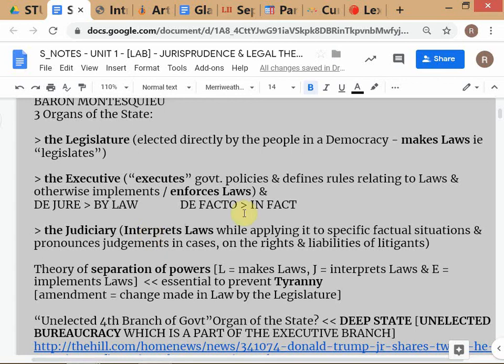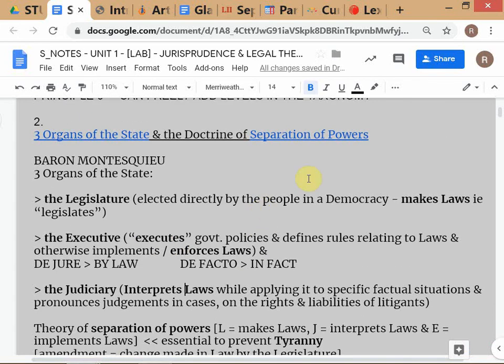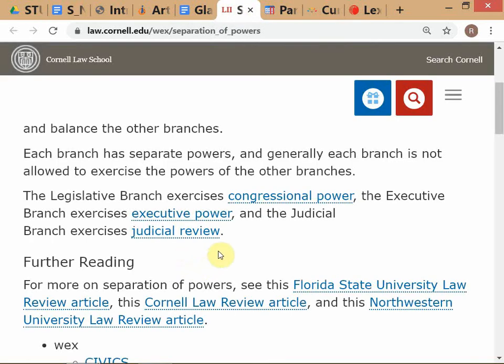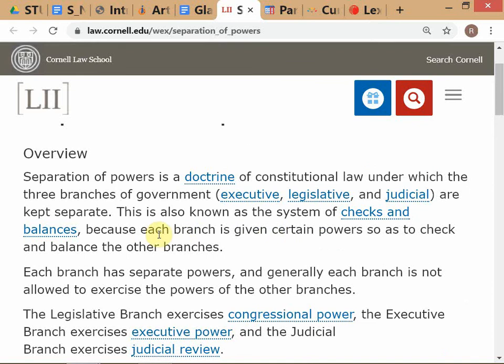Okay, so the idea here in the separation of powers, the purest example of separation of powers is in the US Constitution, and the idea is that the reason that you have managed to maintain a lot of individual liberty in the US is because there is a very strict separation of powers. This is also referred to, if you read some of the links here, as a system of checks and balances, because each branch is acting as a check on the other.